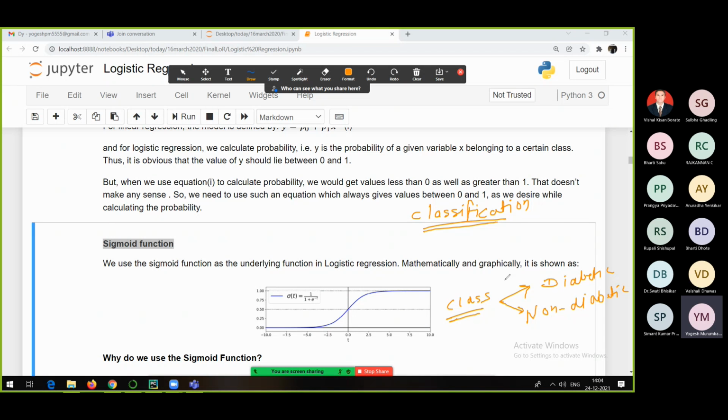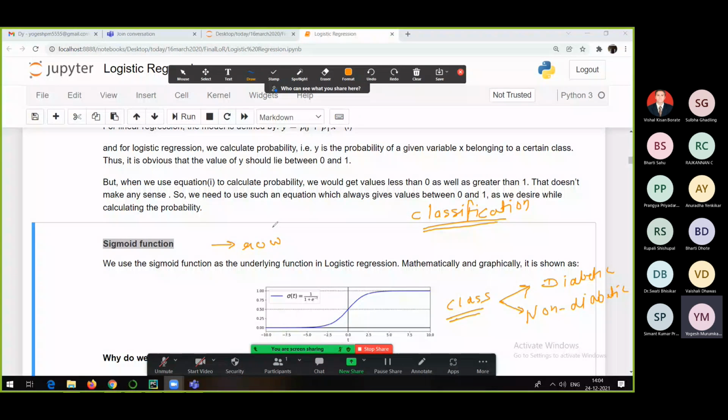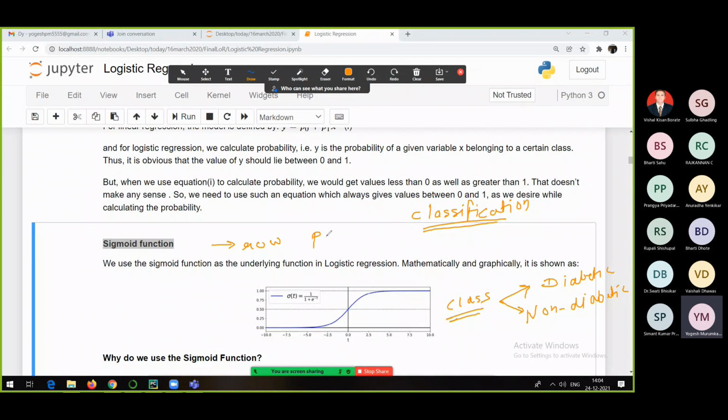Suppose this is the problem we want to solve: to classify a patient as diabetic or non-diabetic. So these are the two classes in our target column, output column or response variable. Now, we train the model, and for each record, whatever the symptoms are, one record obviously represents one person. For each person, we will find the probability of that person being diabetic or non-diabetic. If the probability of the person being diabetic is greater than or equal to 0.5, then that person belongs to the diabetic class, otherwise the non-diabetic class. Logistic regression is also going to do something like this.